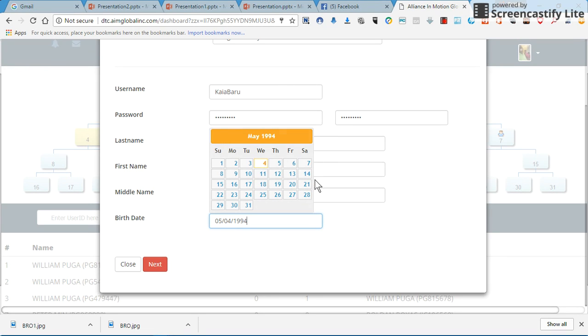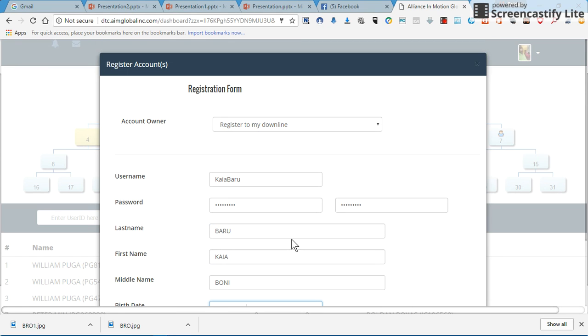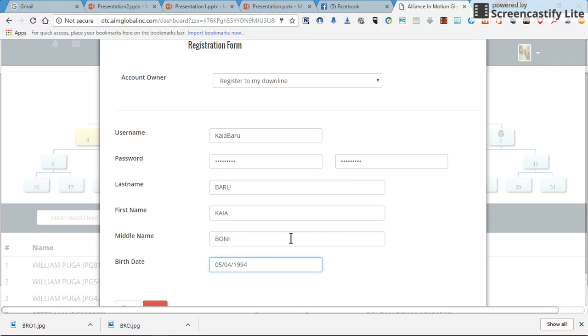Then last name Baro, first name Kaya. Baro is the last name. First name is Kaya. Boni is the middle name.